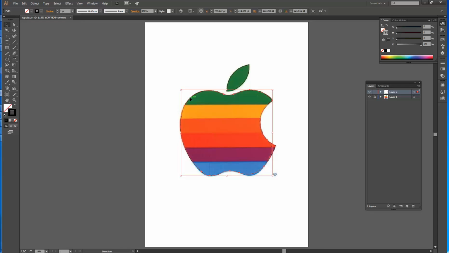Now, this will come in handy for you when you're doing all your assessment tasks, in particular with the gradient task. So I'm actually just going to move it slightly across to the right, and I'm going to create a series of rectangles that approximate the shape of each of the color areas here. So I've created my first one,